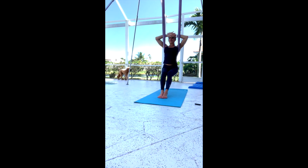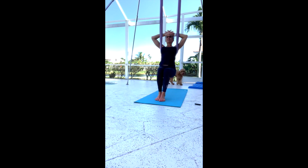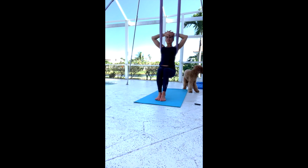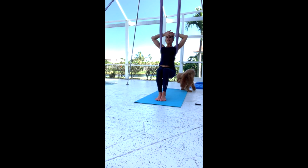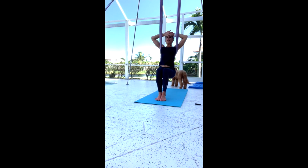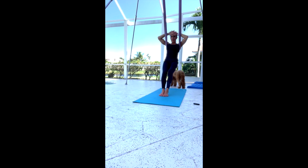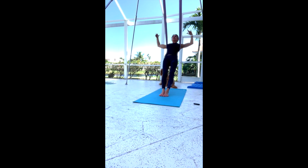Bending the knees, we're going to shift forward, take a step forward. Tailbone's about right underneath that plumb line. Coming into our chair pose. And then walking the feet back. Press those hips forward, shift the weight back, reach those arms up, take a big breath, lengthen everything one straight